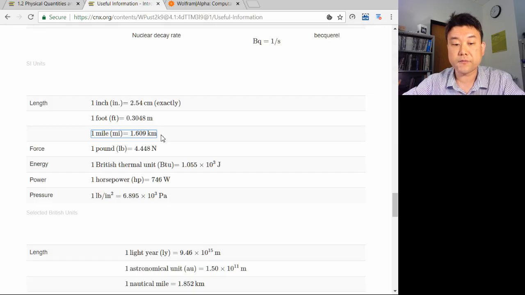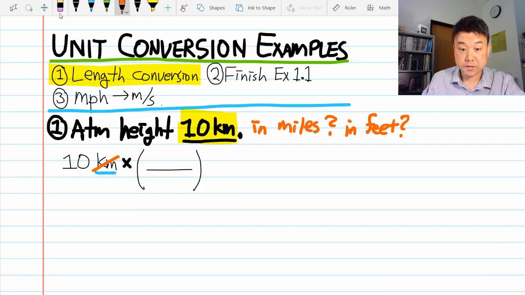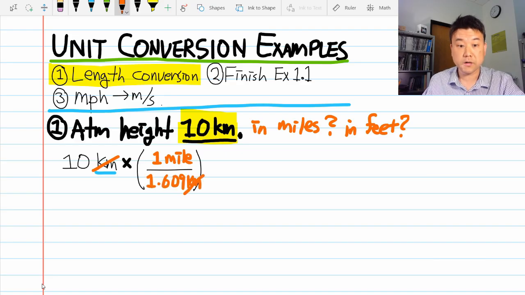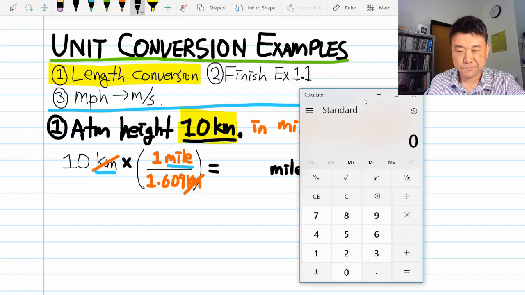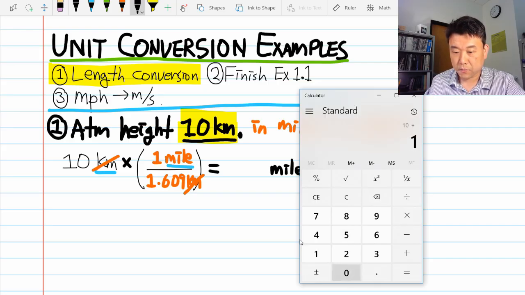So if I write this fraction, I'll be just multiplying by 1. The fraction is 1 mile per 1.609 kilometer. And as our goal was, kilometers cancel out, only mile remains. So the final number we get will be in units of miles. Now I can't really do 10 divided by 1.609 in my head, so I'll use a calculator. So 10 divided by 1.609. All right,